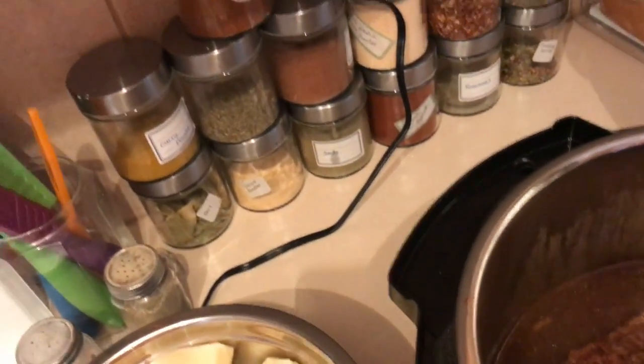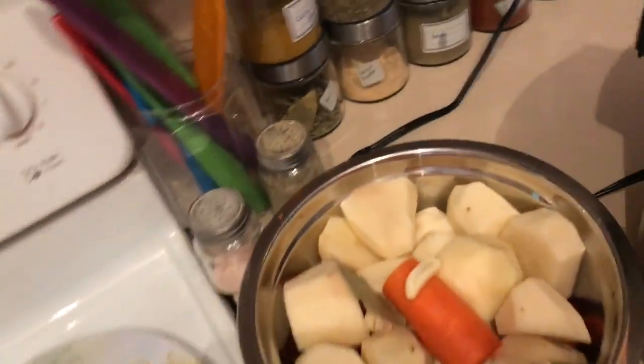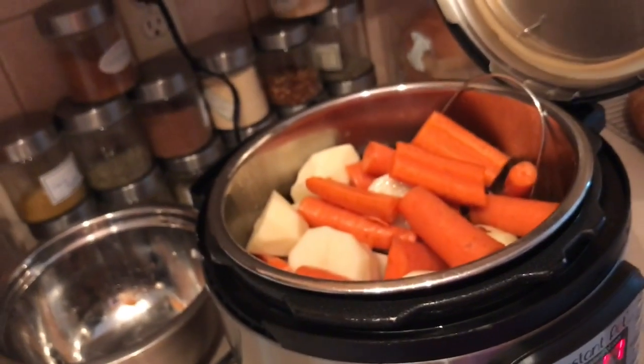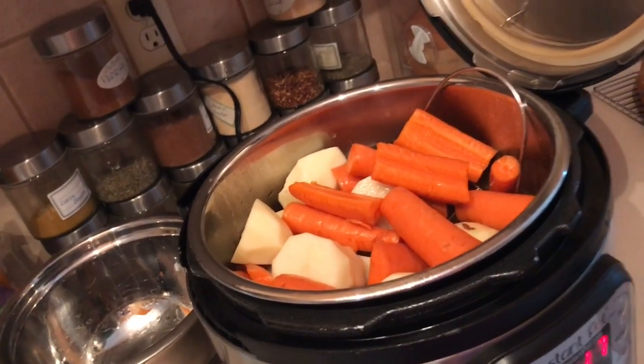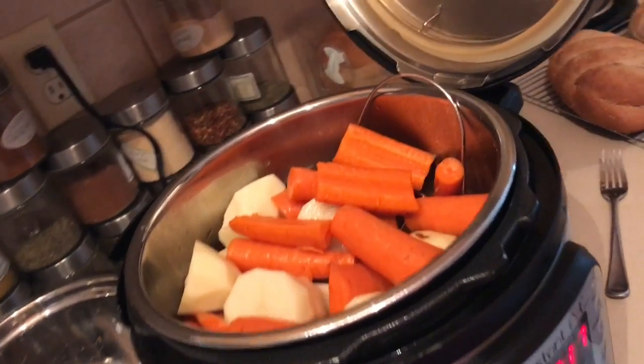So I am gonna add in my potatoes and carrots and everything. So this is what I'm gonna do. We're gonna add the trivet right on top, like that. And we're gonna dump this stuff in. It's not gonna hurt anything if they touch the liquid a little bit or something drops in, not gonna hurt a thing. So I'm going to put this back on